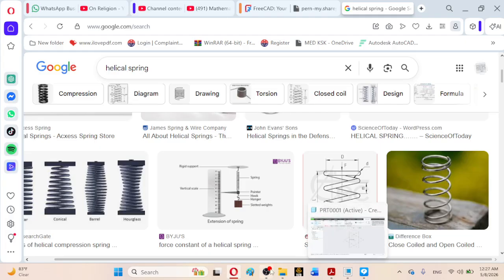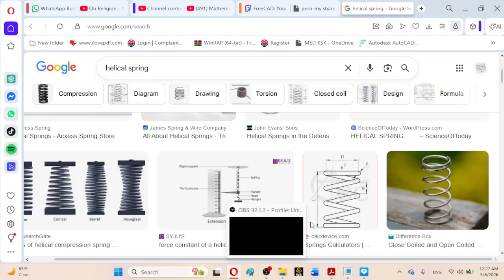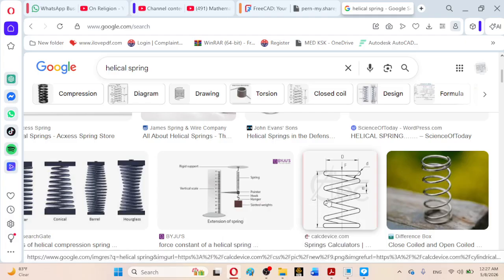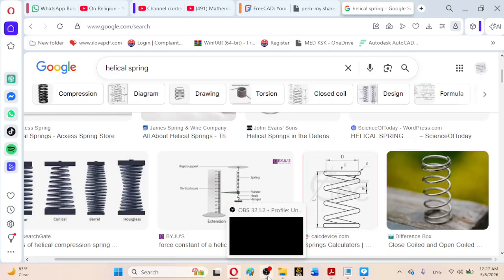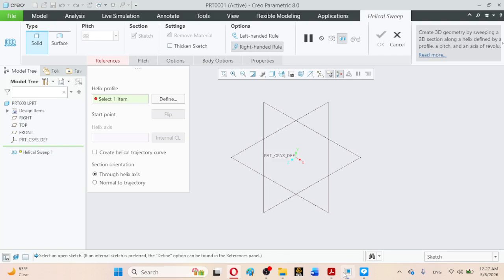The helix profile for the cylindrical spring will be a vertical or horizontal straight line. For example, here select items, and the helix profile can be created using external profiling and internal profiling equally. Here I can click on define and create the helix profile